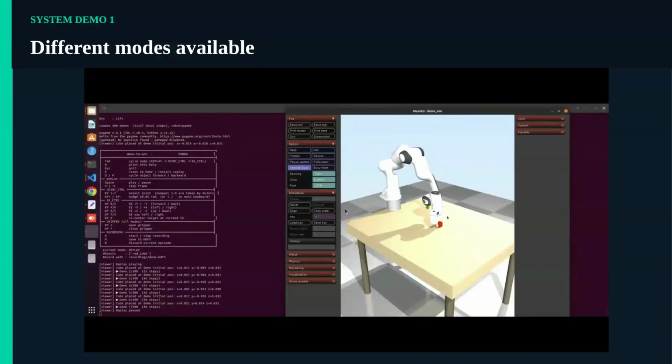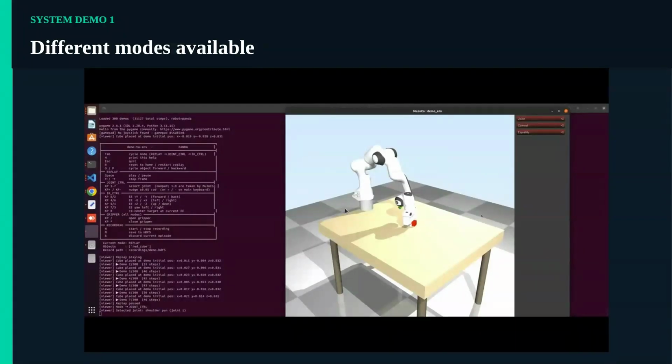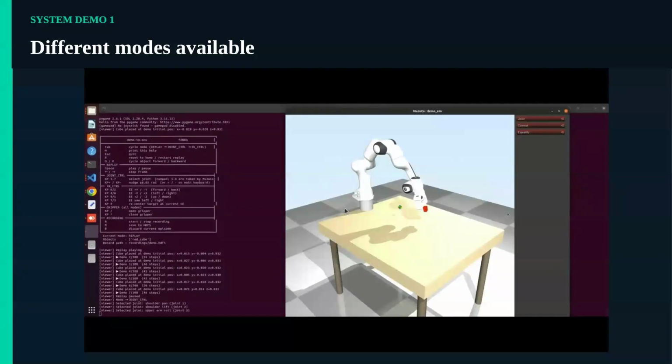Now we can switch to joint control, and we can select the joint, and we can see all joints are working pretty well. So we've selected shoulder joint here. The shoulder joint is moving fine. We can select other joints, for example, shoulder left. Yeah, that is working well too. All done using just keypad again.